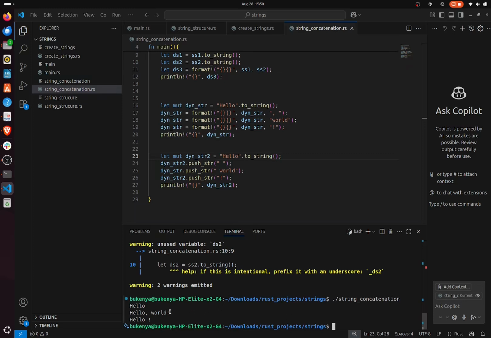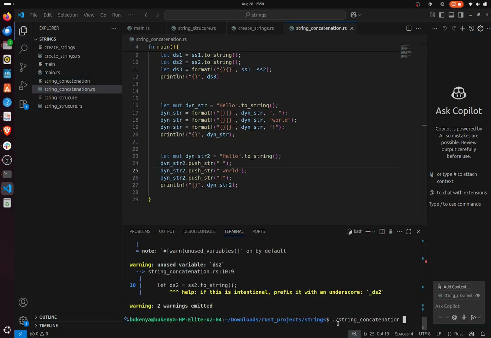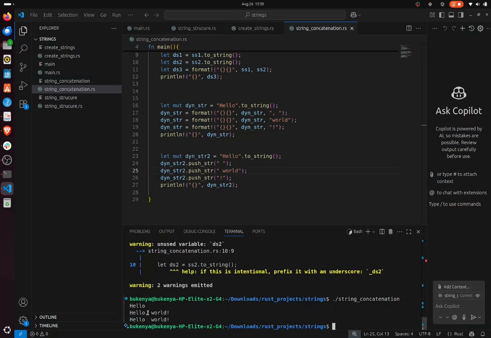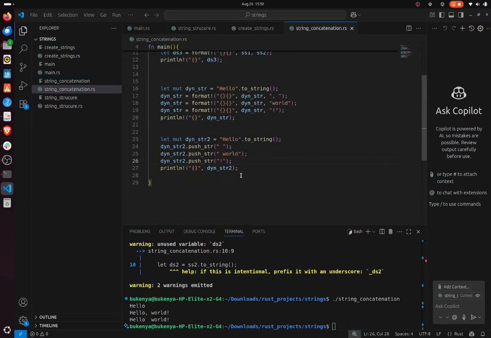And we get hello. Hello, well, okay. That's supposed to be what I'm seeing. Sorry about that. Running again. Hello world. So we have seen various ways of concatenating strings in Rust, and this is the best way, I would say,